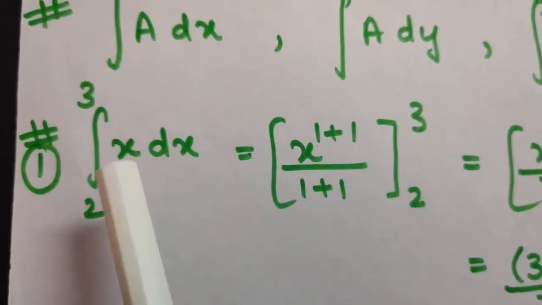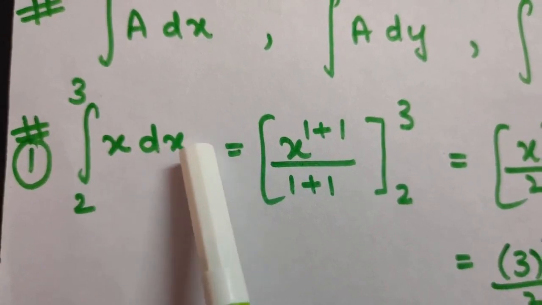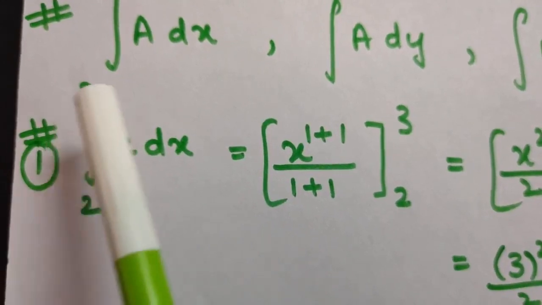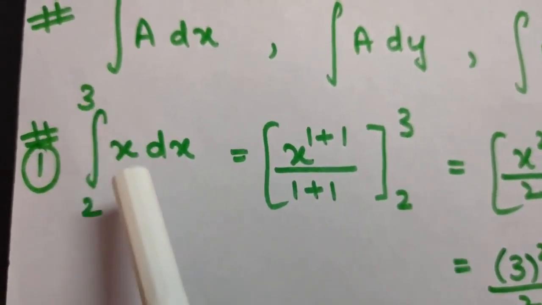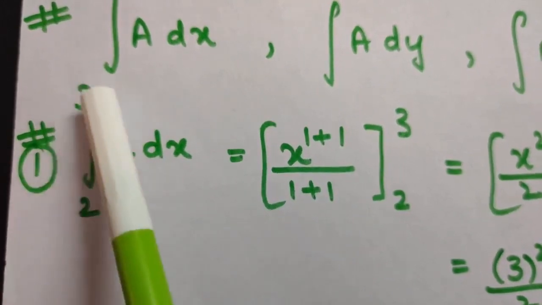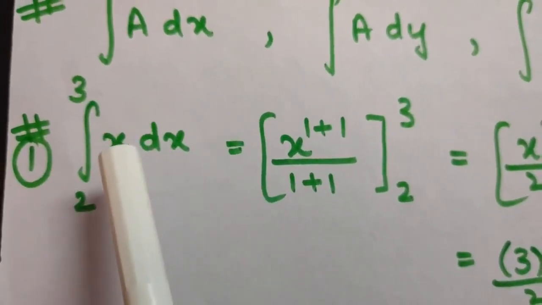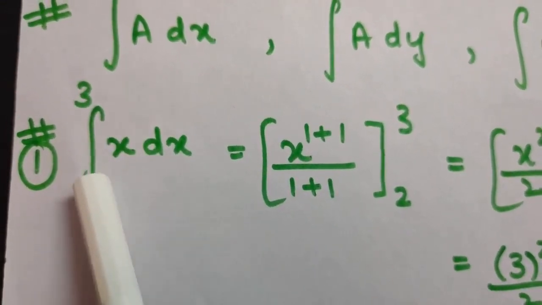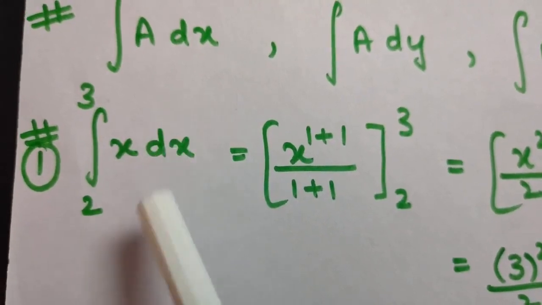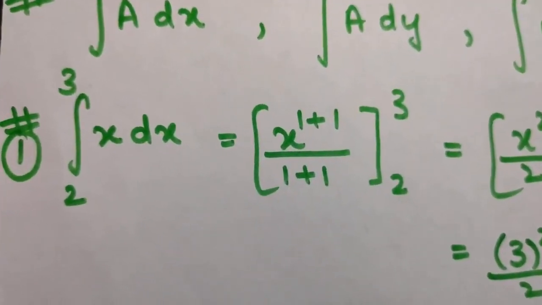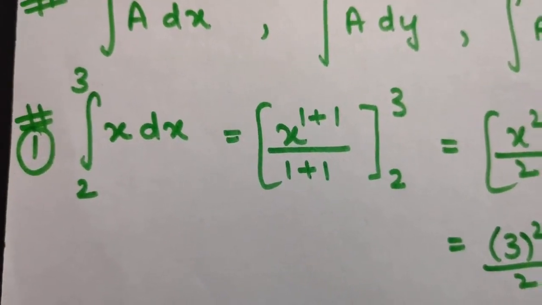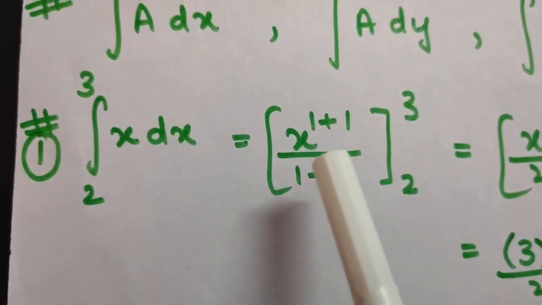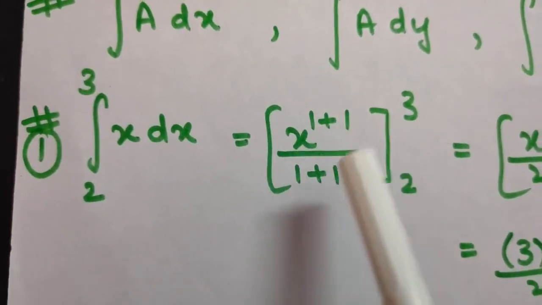Now suppose you have a question of integration of x dx and limits are also given. These are called limits. Okay, 2 to 3. This is called the lower limit and this is called the upper limit. So you have to solve integration of x dx from 2 to 3. Okay, so now see here the power of x is 1. For any power of x, the formula of integration is add 1 to the power and divide by it. Okay, remember this: for differentiation the power was coming outside and you were subtracting 1 from the power, but here you will add 1 to the power and then you will divide by that power as well.